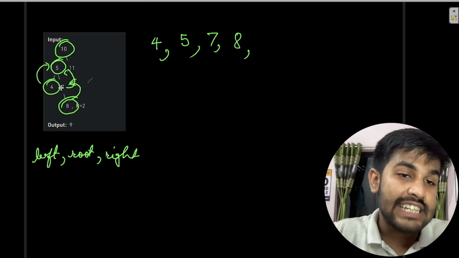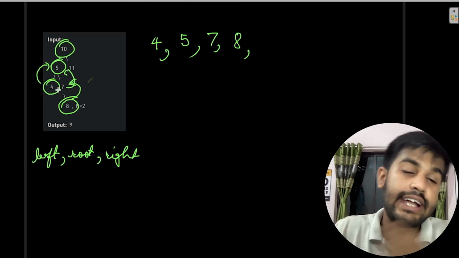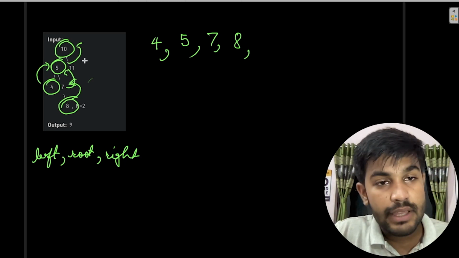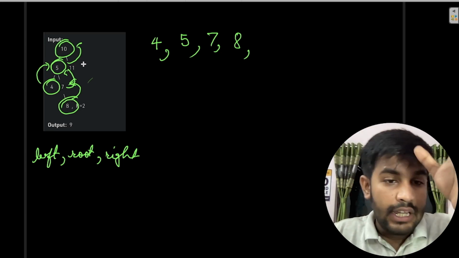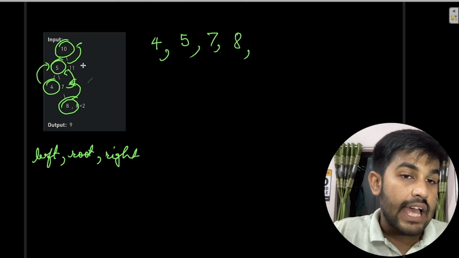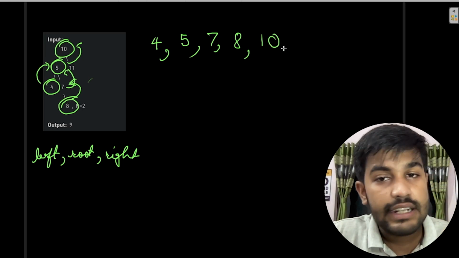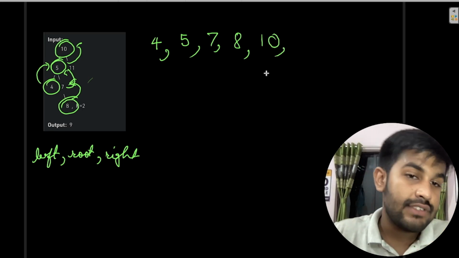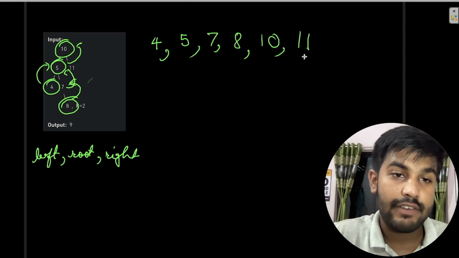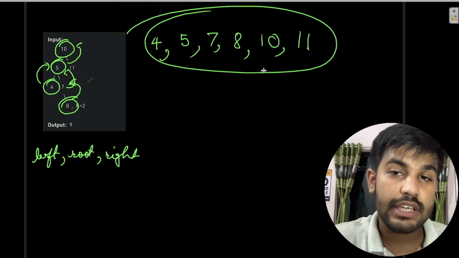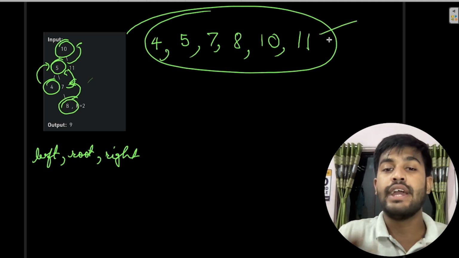5's left is visited. Itself is visited. The right side is visited. So we would be coming back again and we would be traversing up. At this point, the left side is done. After the left side is done, we would be moving forward with the 10. So yes, 10 would be there. Then we have the right side. That is why we will have 11. So if you do the in order traversal of a BST, you would be getting the output in a sorted